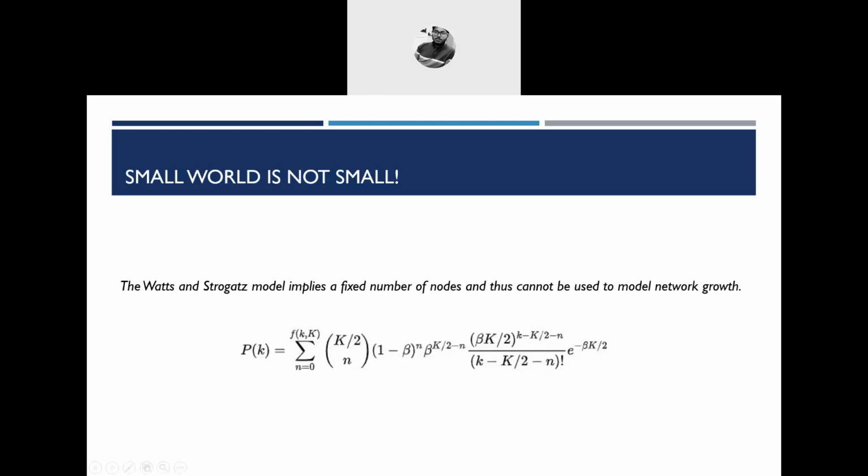I'm writing the spelling. It's named after a French mathematician. Poisson expression. So this is also a good model. This is a very close model actually to a real world problem. But yet, due to its binomial nature, it still suffers from the same problems which we have seen in the Erdős Rényi model.